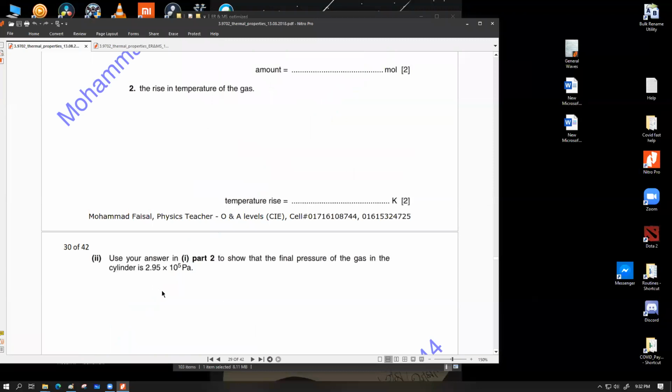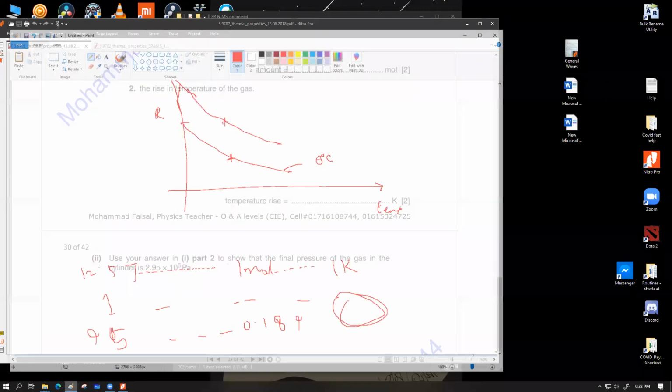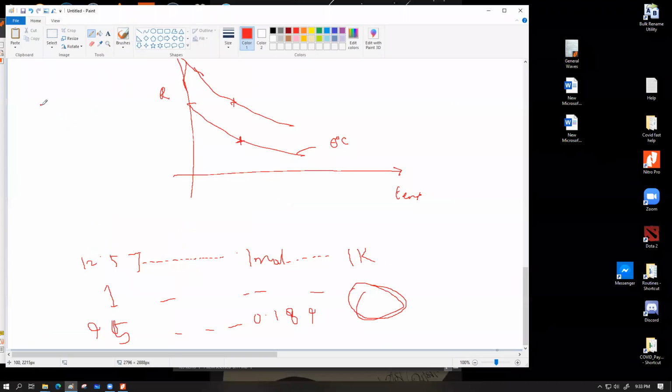of the cylinder is this much. Okay, this can be done very easily. You can do it with PV/T is a constant, using that formula, because we have the same constant number of moles, and the volume is also constant, so you can write that P1 V1 by T1 equals P2 V2 by T2. For this question, V is a constant, so you get rid of the V's, and ultimately your equation is going to look like this: P1 V1 by T1 equals P2 V2 by T2. V1 and V2 cancel, because as per the question the volume was kept constant, so ultimately you are left with P1 by T1 equals P2 by T2.